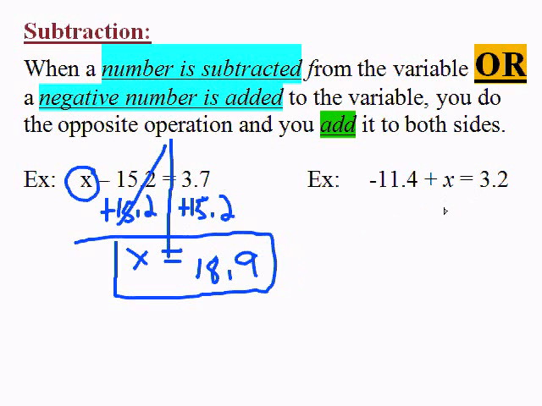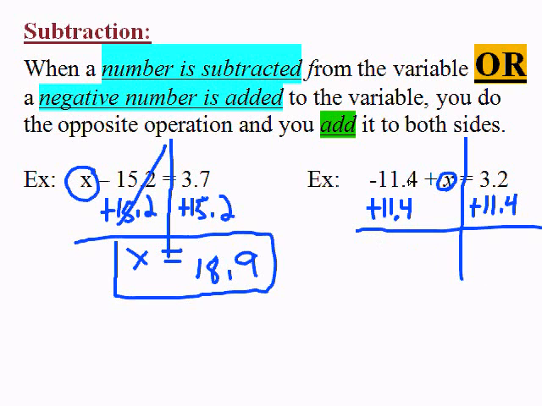Alright, take a look at the second example. This one's similar, but a little bit different. Notice it's a negative 11.4 plus x equals 3.2. Again, our goal is to get x by itself, and so we need to get rid of that negative 11.4 plus x. To do this, we're going to add 11.4 to both sides. Because negative 11.4 plus 11.4 is 0, leaving us with just x on the left-hand side. 3.2 plus 11.4 gives us